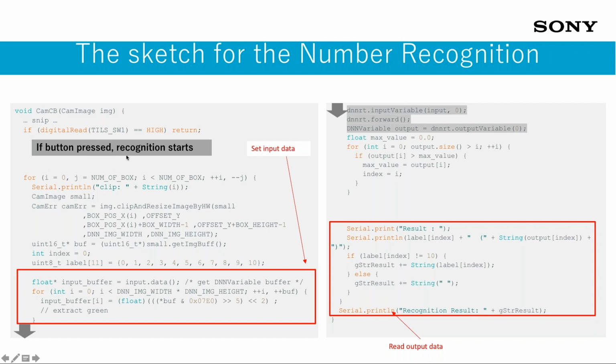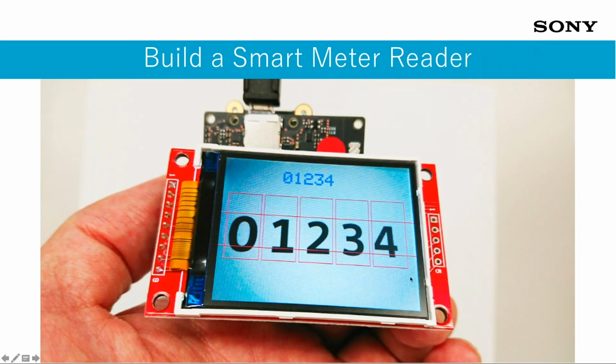Again, you press the button and then it goes through the different steps to set the input data, and then you do the inference, and at the end you can see the output. So this is all the code that you need to build this application. And at the end, this is the output. So this is the number that I see, 0, 1, 2, 3, 4, and then the blue one is what